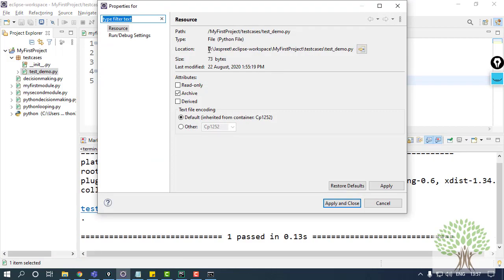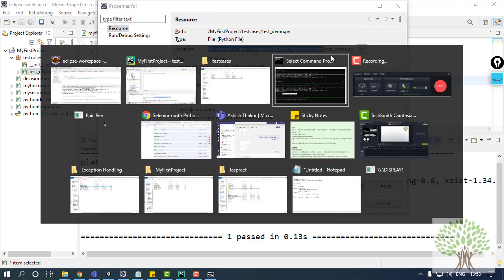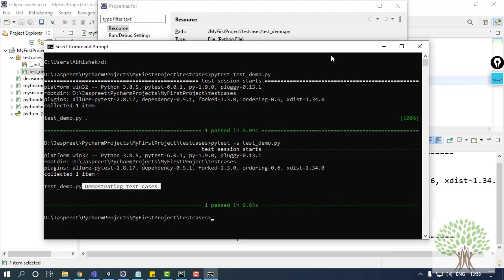Over here the whole information is provided: the path of your project till the test case, the type of the file, size, when it was last modified, the attributes, and the physical path in your system. So you can get it from here till the package in which you are keeping the test cases.